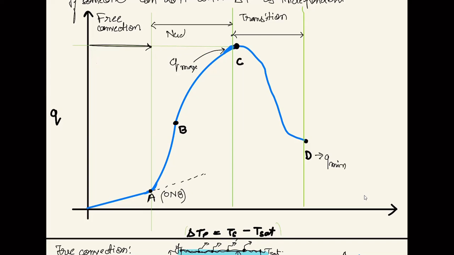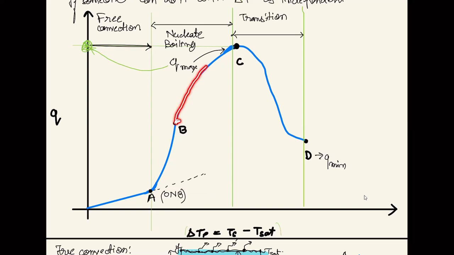Here we had nucleate boiling. Q max. इधर से इधर हमने फ्री कन्वेक्शन देखा, यहाँ से, इस पॉइंट से, ऑनसेट ऑफ न्यूक्लियर बॉइलिंग से न्यूक्लियर बॉइलिंग स्टार्ट हुआ, न्यूक्लियर बॉइलिंग होते रहा, but after point B we said that H is now